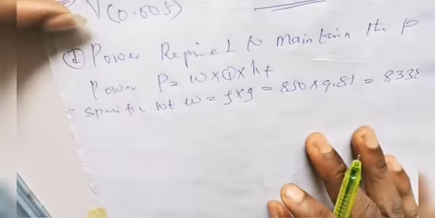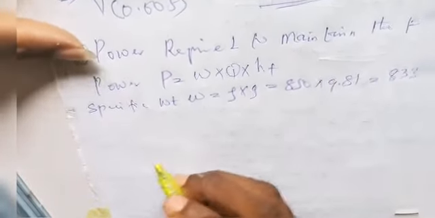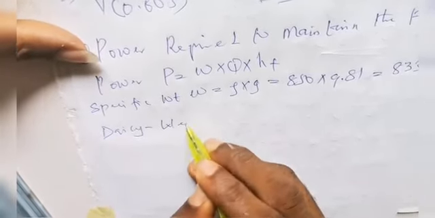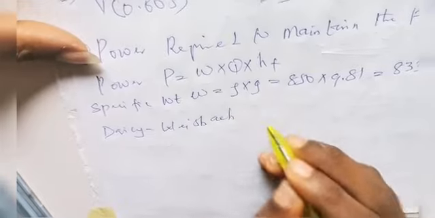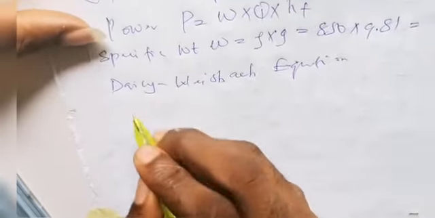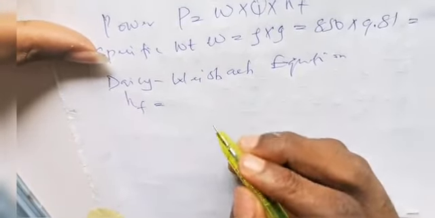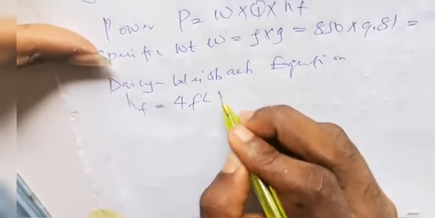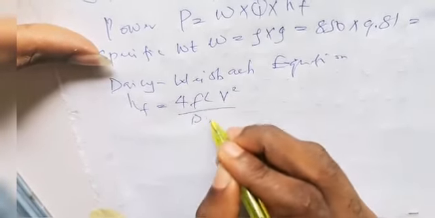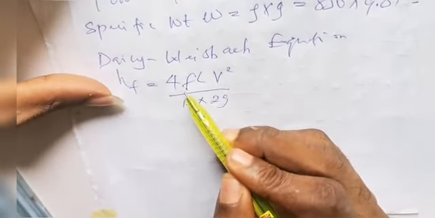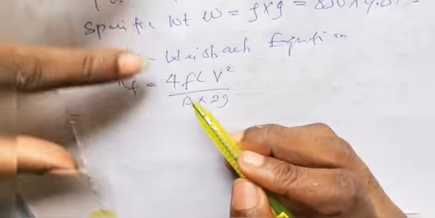Alright, next thing to do is to find the head loss. Now to find head loss, we make use of the Darcy-Weisbach equation. So head loss due to friction, HF, is simply equal to, from Darcy-Weisbach, 4FL V squared all over D times 2G, where F means the coefficient of friction or the friction factor,